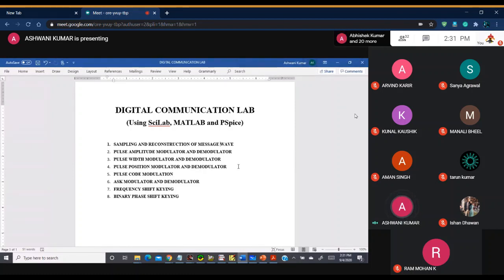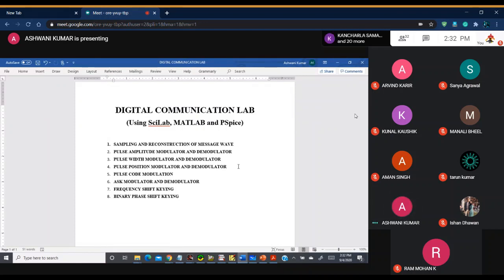Another is frequency shift key. Frequency shift key is almost similar to frequency modulation. Here the frequency of the carrier changes with respect to the message signal. The message is here the pulse. And then binary phase shift key. Binary phase shift means there are two shifts in the carrier signal using the binary, either 0 or 1.